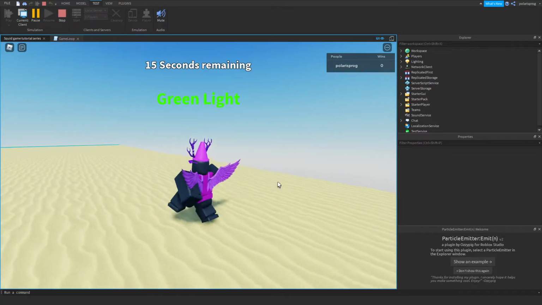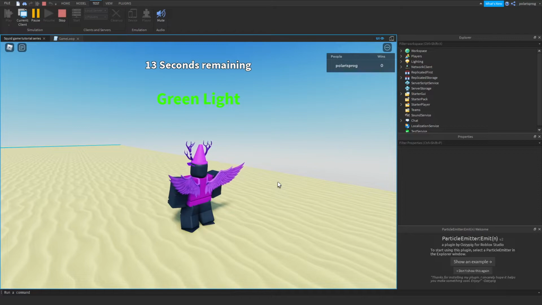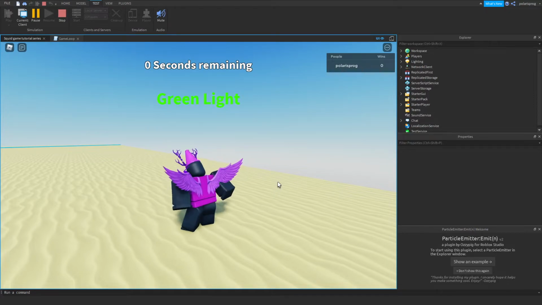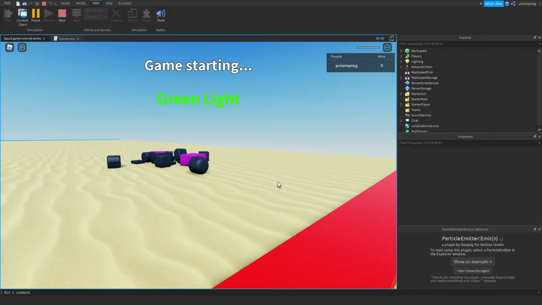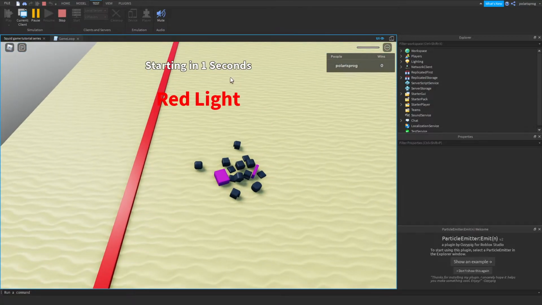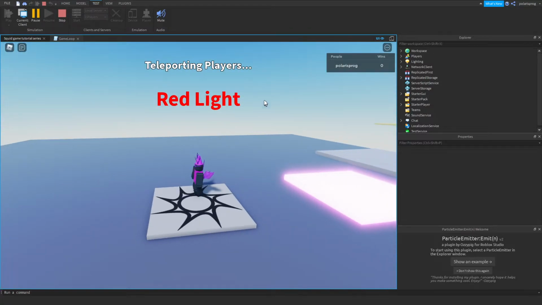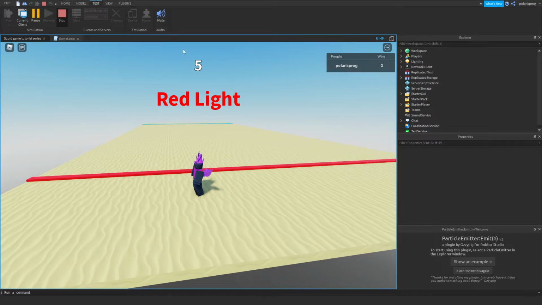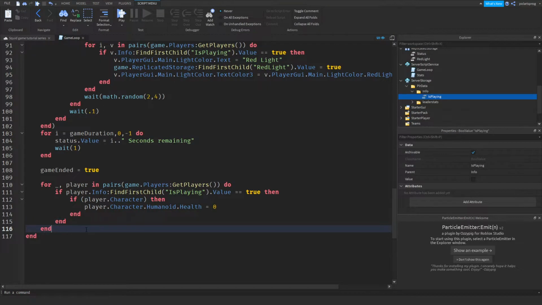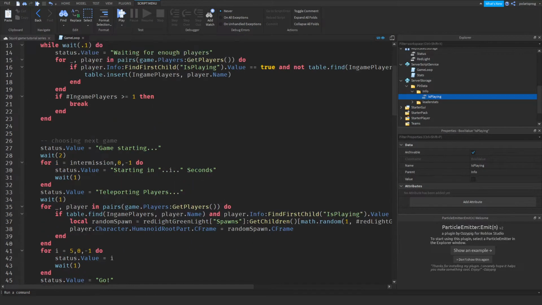But now, as you can see, I'm just not going to move and wait for the timer to go down to 0. 3, 2, 1. It should kill me. Yes, it did. And now it says game ended, and it says all of that again. Now we don't want this to happen, so what I'm going to do is